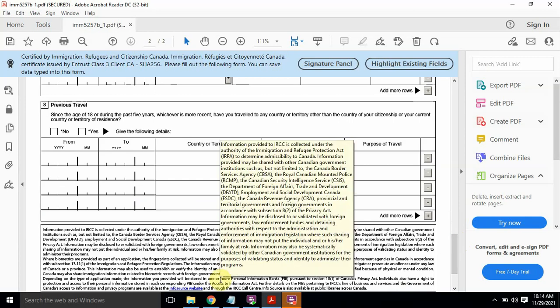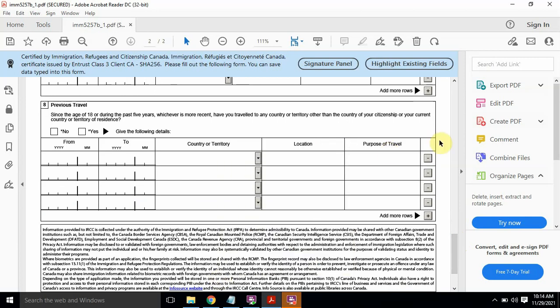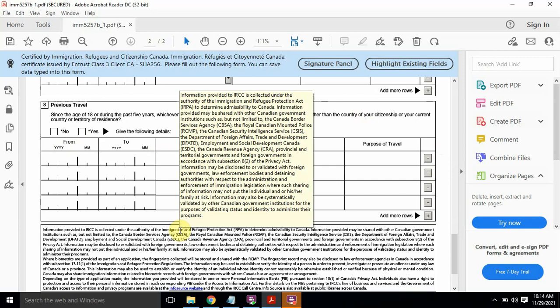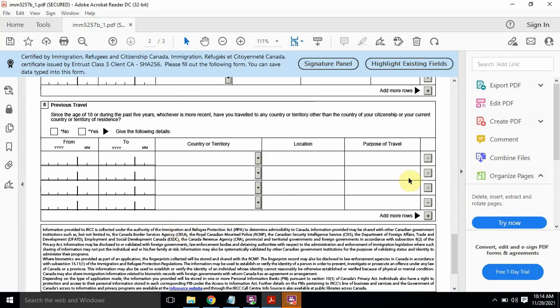Now one important thing to remember is here we are talking about any kind of travel. So if you are stepping out of your home country even for a day, then you need to fill up all these details. So basically if you are visiting Thailand or Dubai for tourism, if you are going to the US for a business purpose, or if you are visiting even your neighboring country for anything even for a day, then you need to fill up all these details. So you need to select yes in those cases.